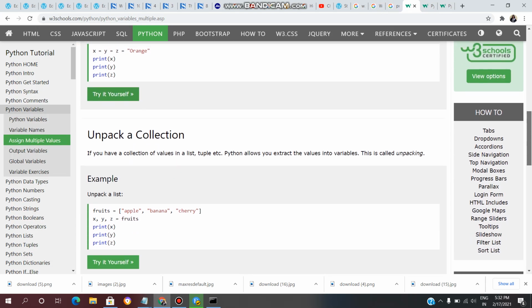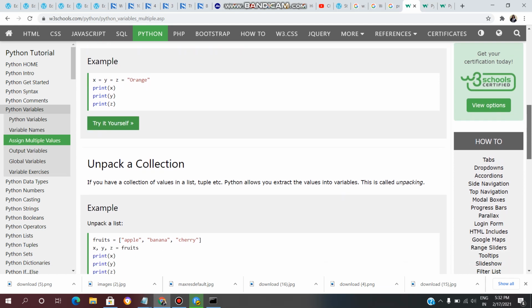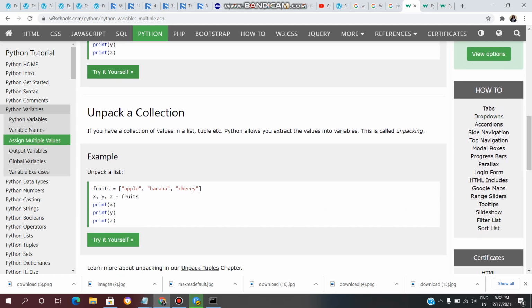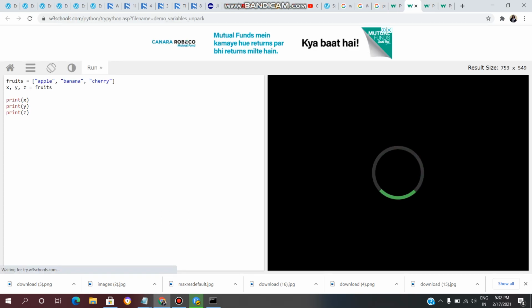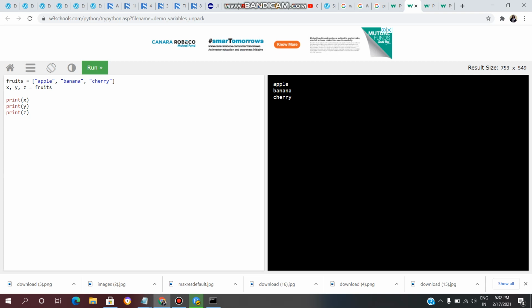Now we will see the unpacking concept. In this example, fruits is the list, and x, y, z equal to fruits, so we are assigning that list to three variables and printing. We will see this example practically. Click on try it yourself and click on run. We are getting apple, banana, cherry.